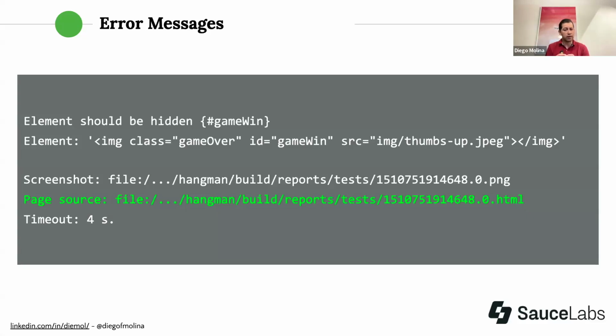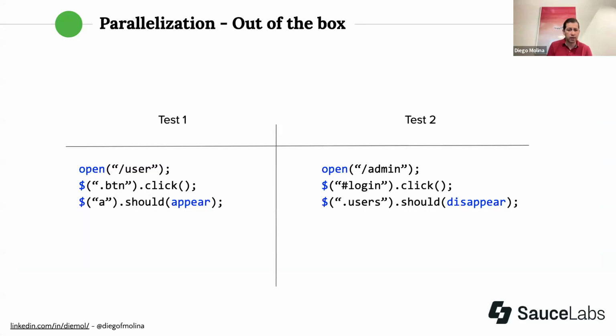They give you the complete element that you were trying to assert on, and they also take a screenshot for you, which is very useful when you want to debug. And this is just working out of the box. You don't need to do any extra configuration. It works on parallel. So all the tests you have there, they work on parallel out of the box. And this is great because